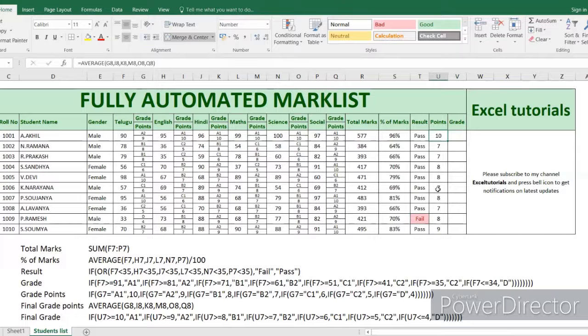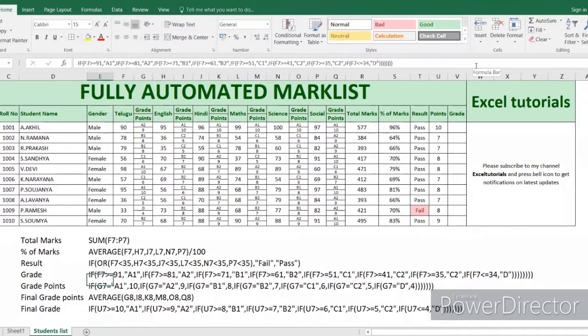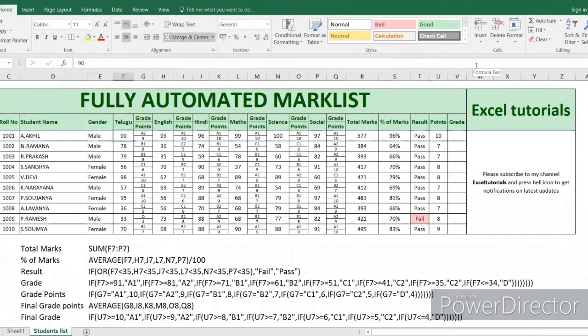The same way, the average grade, the final grade, if he scored, with the help of the IF formula, equal to.